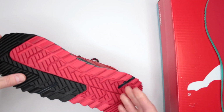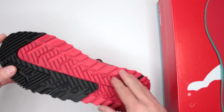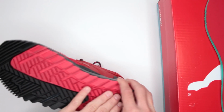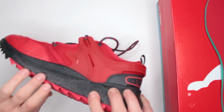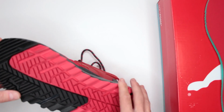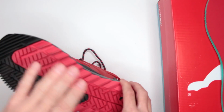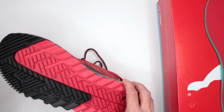Whenever you are looking for a good trail running sneaker, you want very similar aggression. You want a good quality rubber like it is here, very hard, very dense on this outsole layer. That's what you want, and that's the case here. But you want the grooves that kind of are multi-directional. So whenever you're, depending on how you're running, what you're doing,